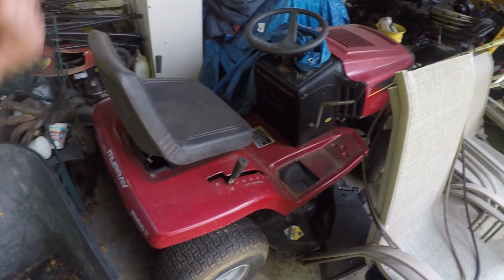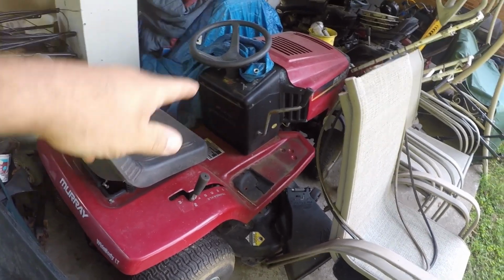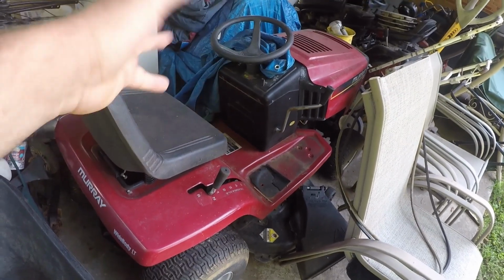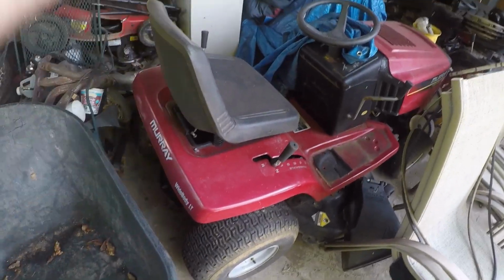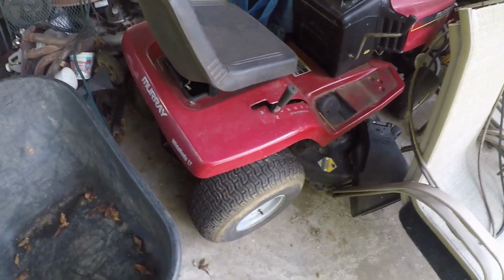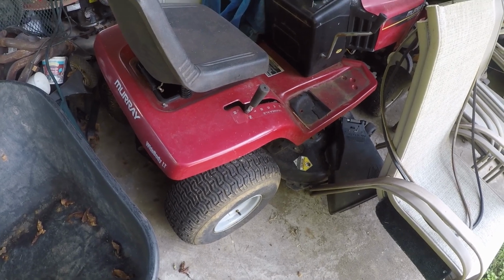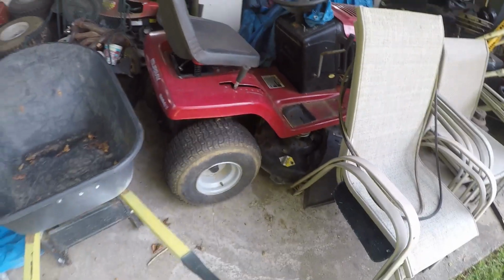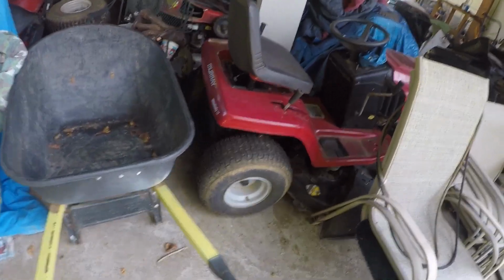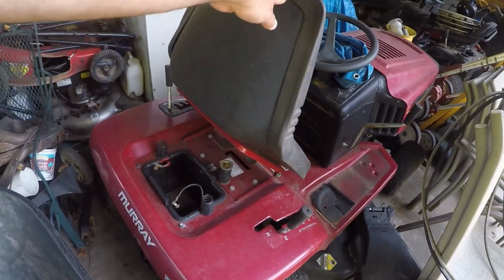It's got the 17.5 horsepower Tecumseh Enduro engine, but it doesn't want to run right with the carburetor. So I don't know if I'm doing an engine swap on this one. I might do that, I don't know. Maybe I'll put a Briggs engine on it, and maybe it'll work a lot better. It's a good, decent tractor. It cuts good, for the shape it's in. But other than that,